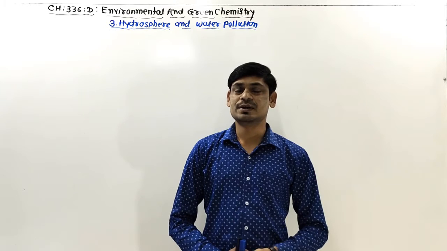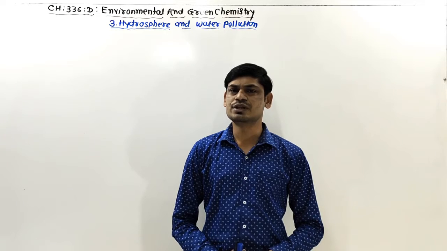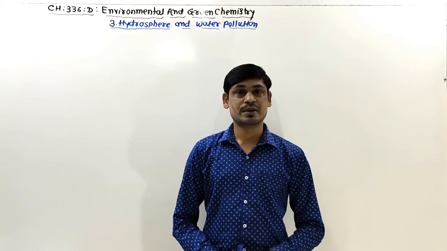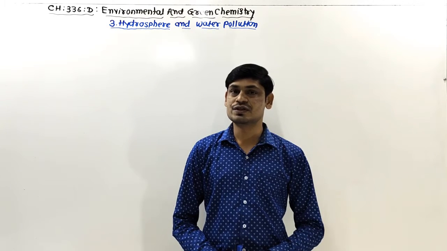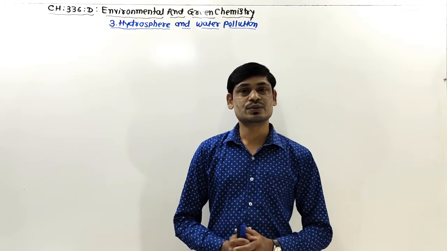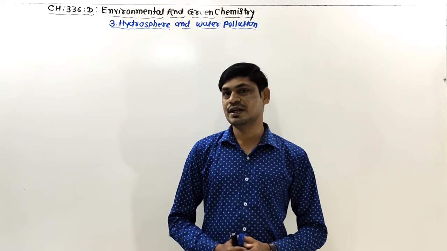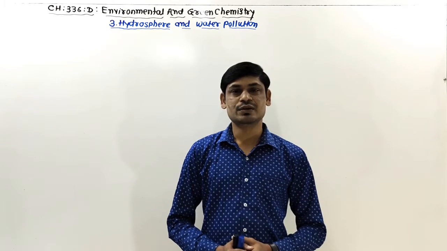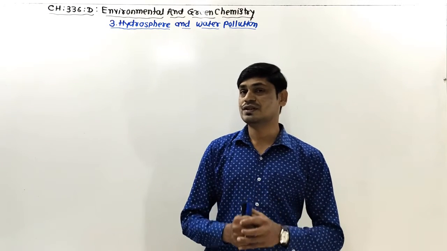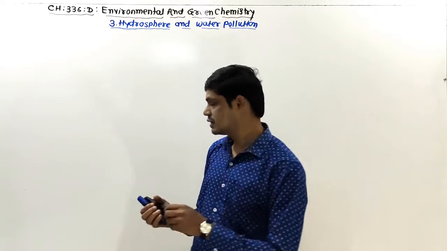So students, in our previous lecture, we started the discussion about the estimation of some important water quality parameters. We studied the measurement of pH, chemical oxygen demand, and dissolved oxygen. Now, in continuation of our previous discussion, in this session we are going to discuss the determination of total organic carbon, second, the hardness of water, and finally, the determination of free chlorine in the water sample. So, we will start with the first parameter, that is the determination of total organic carbon.